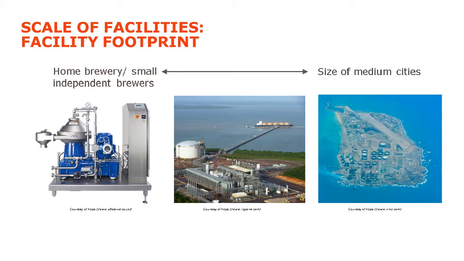Or on the right, that's Das Island. That is an island in the Persian Gulf, man-made island, dedicated to the production of oil and gas. It is enormous. If you see that flat strip diagonally on the right there, that's a runway for the planes. And those large tanks could easily be 100 meters in diameter. So again, when we talk footprint, we go small to big as well.